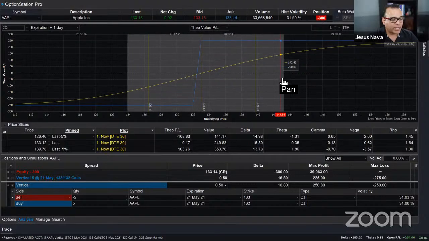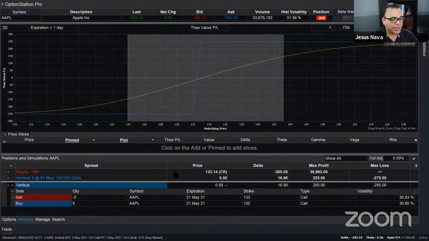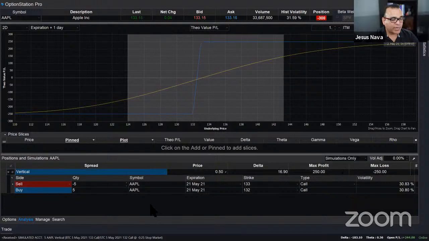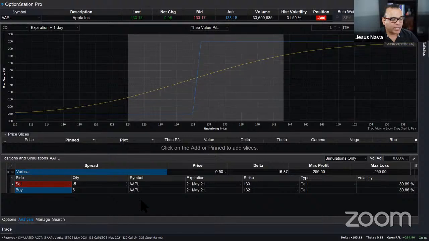Okay, there's a lot of information going on here. Let me go ahead and try to simplify this a little bit. So I'm going to delete these slices. I don't want to see my real positions. So I'm going to come over here at this portion and say show only simulations. That way it just simplifies the view. But yeah, you can combine simulated positions with your real positions and see what effect this would have on your